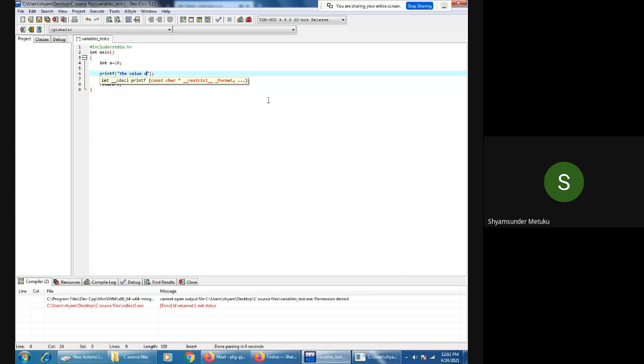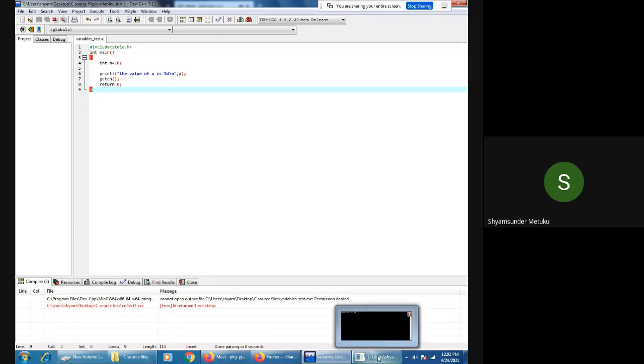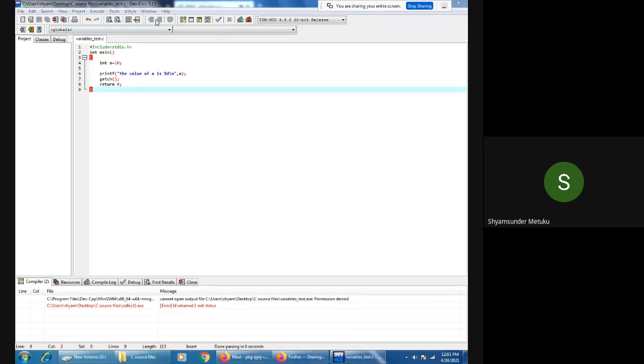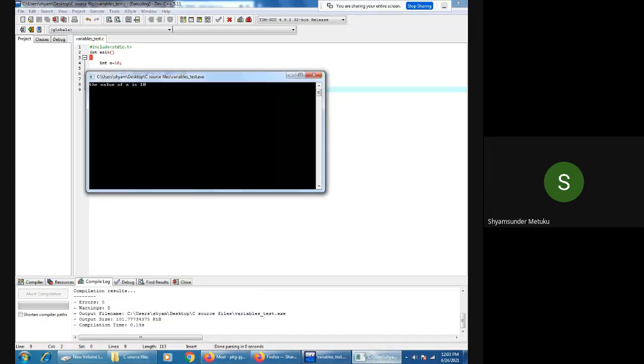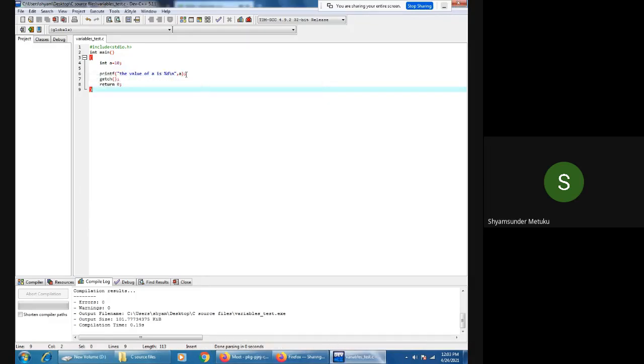The value of a is %d, backslash n, comma a. Same only, you know. Let me save this. Something is wrong. Some corruption happened, I think. Let me check it out. Maybe the previous output screen is still open, so that is the reason it might not be able to show. Anyhow, fine.